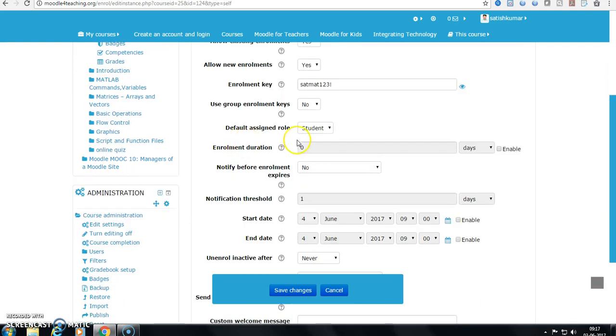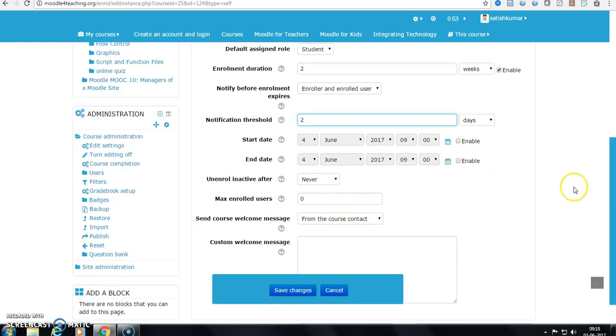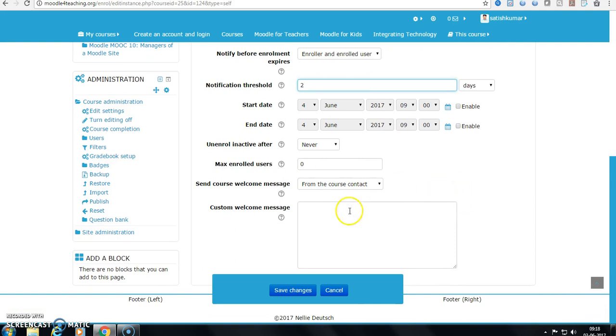Use group enrollment keys: no. The default assigned role is student only. For the enrollment duration, earlier I gave 2 weeks, so the same I am giving here. Notify before enrollment expires, for both enrollers and enrolled users. The threshold I gave is 2 days. Start date and end date, I am not modifying anything here.